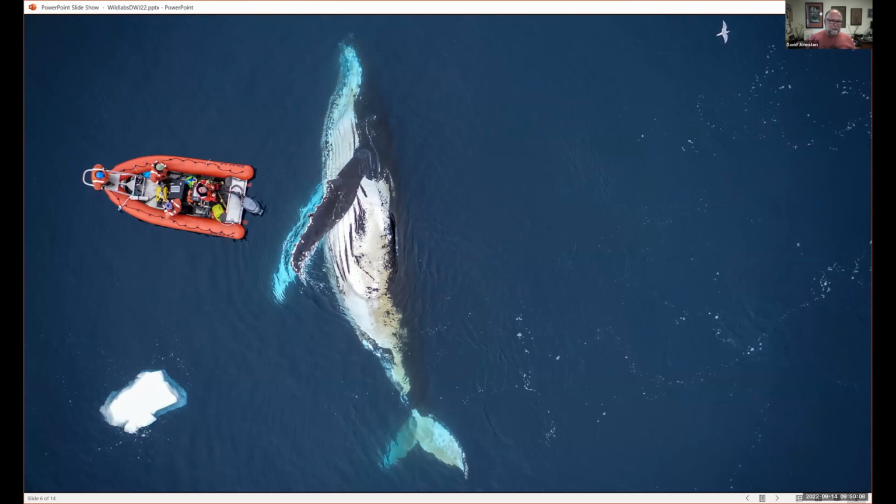But this is a really great way to capture one of these really magical moments where an animal spends maybe an hour just exploring the area around us and watching what we do, and maybe learning a little bit more about what we're doing while we learn more about what they're doing. So yeah, and